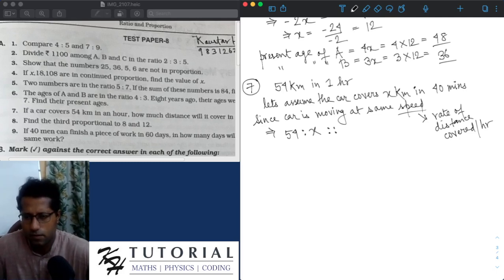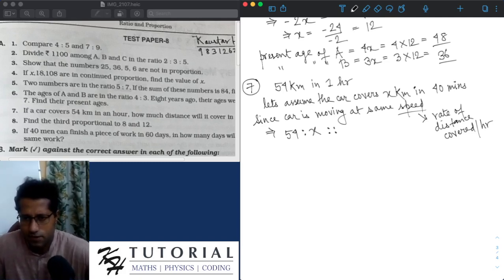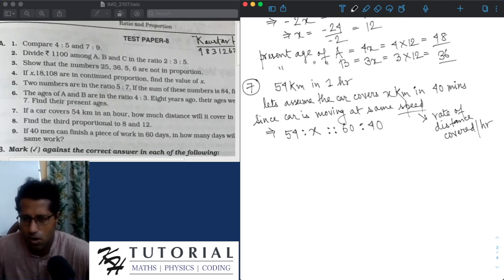Since it is asking how much the car will cover in 1 hour, we have assumed that the car will cover x kilometers in 40 minutes, and the other fact given is that the car covers 54 km in 1 hour. We have to convert 1 hour into minutes. So we can say that 54 is to x will be equal to 1 hour, meaning 60 minutes, is to 40. Since the car is moving with the same speed, the proportion of the distances 54 and x